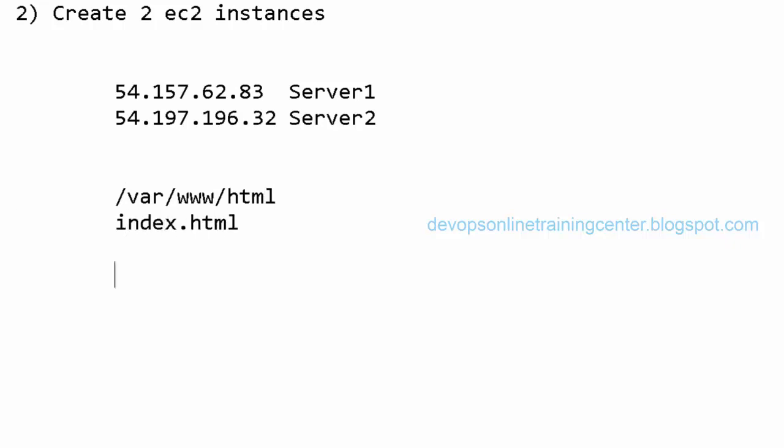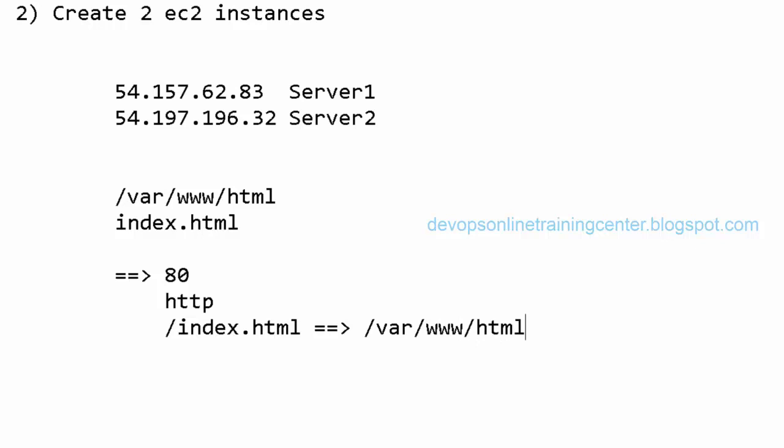So while performing the health check, it has to look for this file. So we have to give port 80, HTTP as the protocol, and the path is index.html, right? So if we give this, it internally takes this as /var/www/html/index.html.